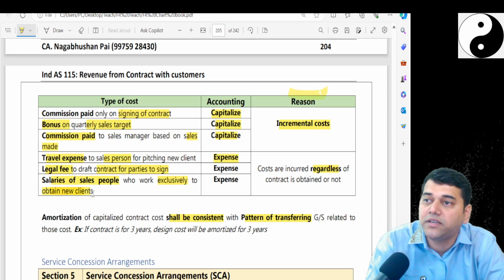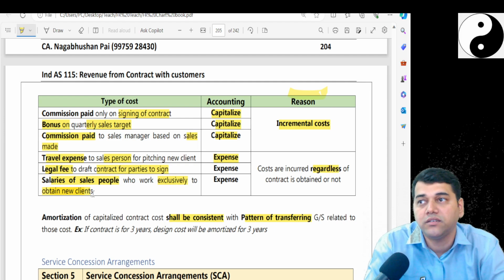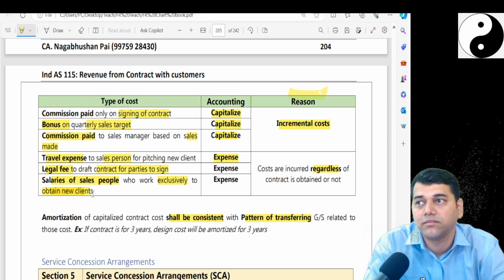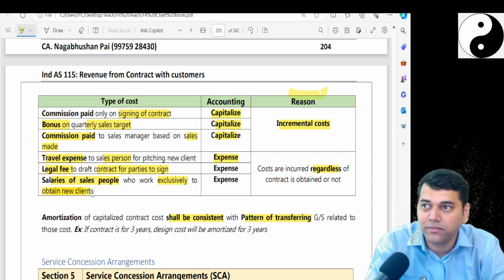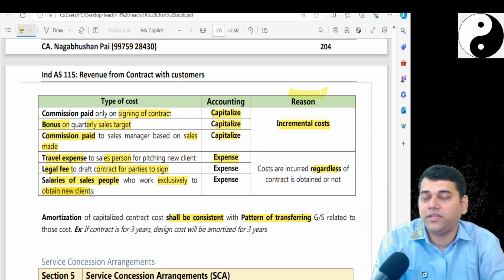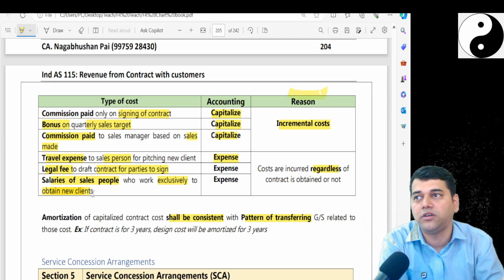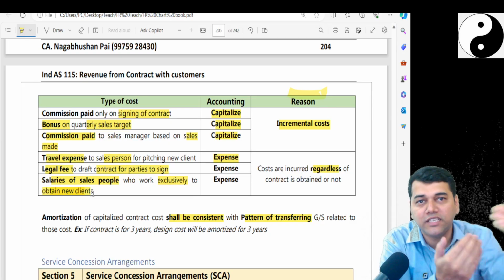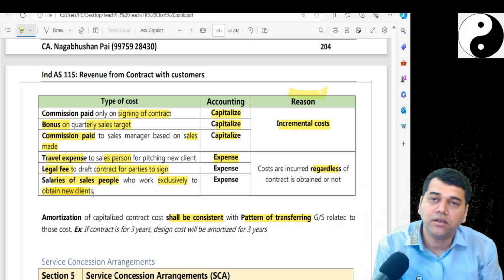Exclusively obtain new clients, but what if he could not get any? Should you not pay him whether he gets clients or not? See, we have dedicatedly kept one person to talk to new people and get new clients. But